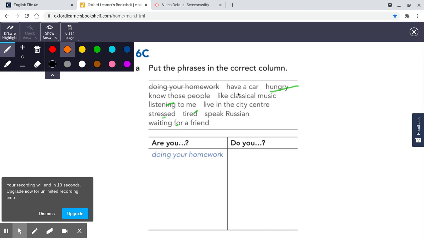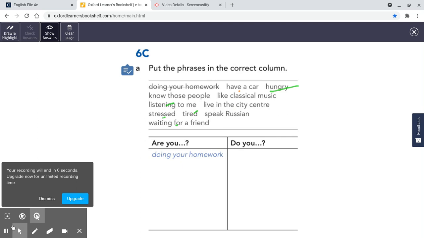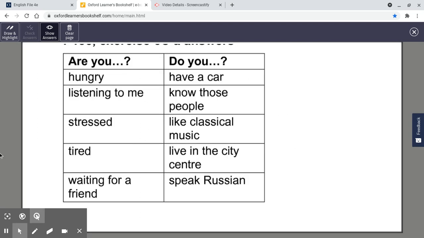Okay. So we've got do you have a car? Do you like classical music? Do you live in the city? Do you speak Russian? And the one I forgot, do you know those people? Okay, I'm going to put up those answers. You will need to press pause. And if you press pause now, you can watch these ones, or you can just watch the last part of the